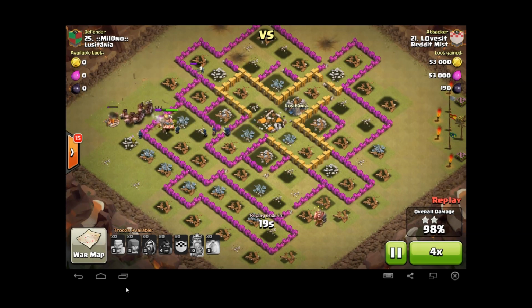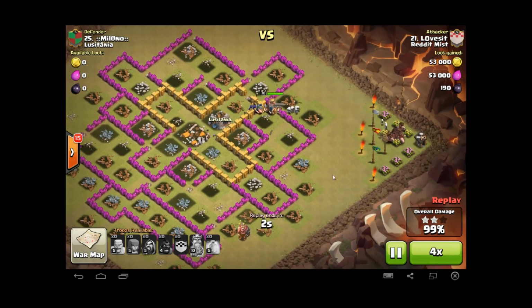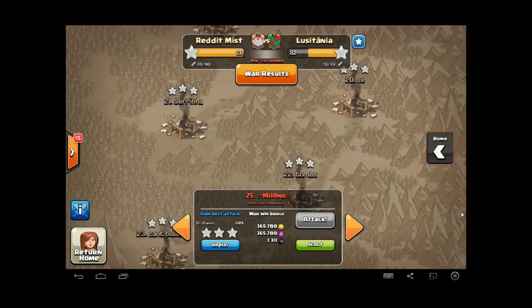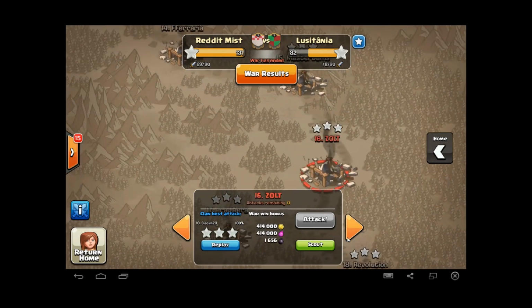Alright, next attack after you guys is Sism, or Seism. I think he says it's supposed to be like earthquakes, like seismic activity. Alright, he's attacking 16